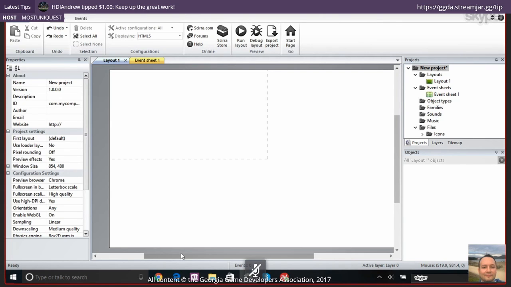So the first thing that we're going to need is a Sprite. Quite likely some of you already know this, but for anyone that doesn't know, in Construct 2 and in most games, a sprite is going to be a visual representation of an element of the game. So if you think about Mario Bros, especially the old ones,